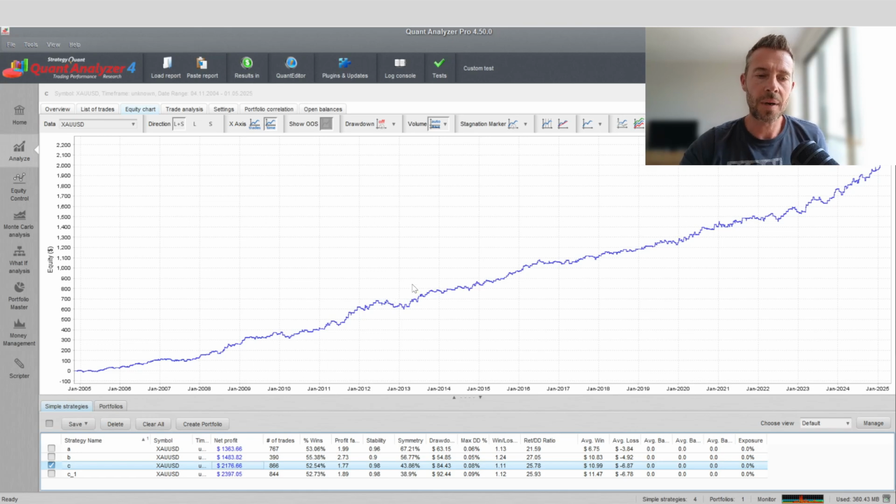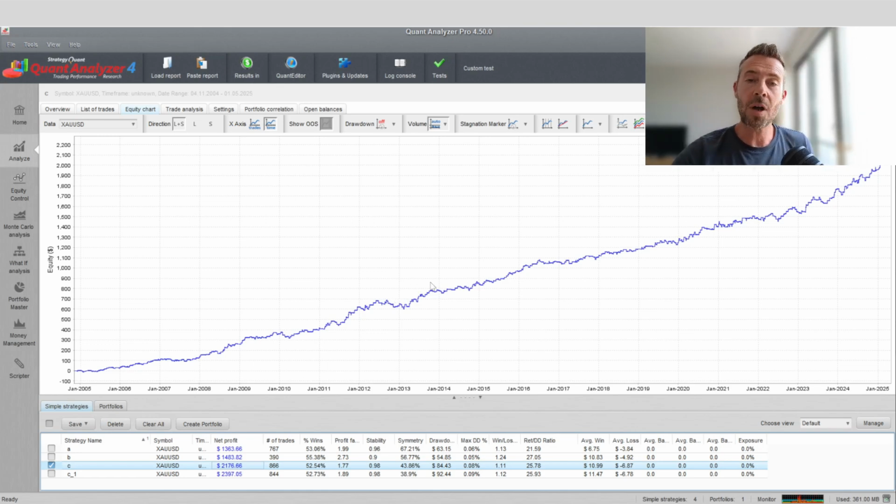All right, so what I've done now is just the small extra optimization that we did on the stop loss and take profit. Saved the results again and put it in the quant analyzer just to compare with the previous result. So this is the original one that we had, strategy C. This is the improved one. So as you can see,